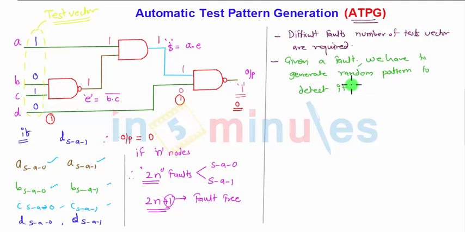Until all the faults are detected, you have to apply the test vector, check the faults, apply the test vector, check the faults. It might be possible that some of the faults are missing or will not be found within the stipulated time period, and you will waste your time. So one interesting method to find the faults is thermal imaging. Now what happens in thermal imaging: after applying a particular test vector to the circuit,